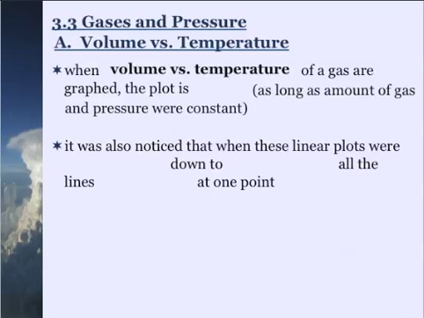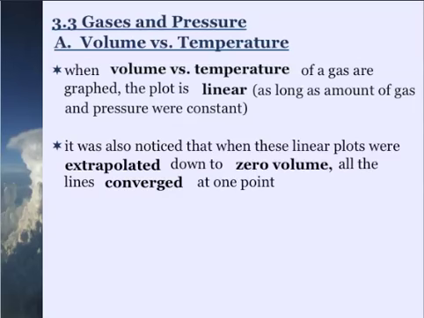So when volume versus temperature of a gas are graphed, the plot is linear, okay? So this is meaning that as long as the amount of gas and pressure were constant, the relationship between volume and temperature is linear, so it's in a straight line, okay? It is also noticed that when these linear plots were extrapolated, so they were put past what they were actually measured, down to zero volume, all of the lines converged at one